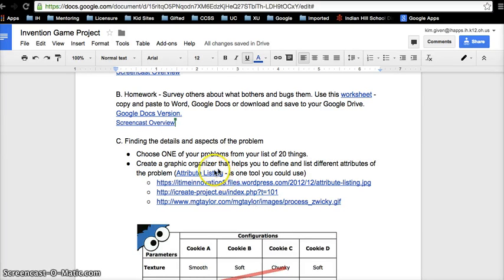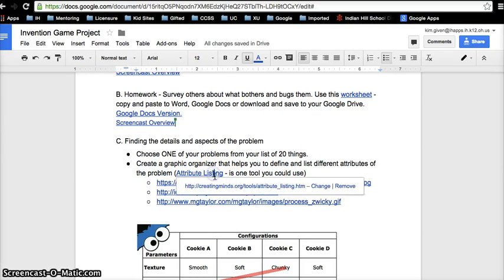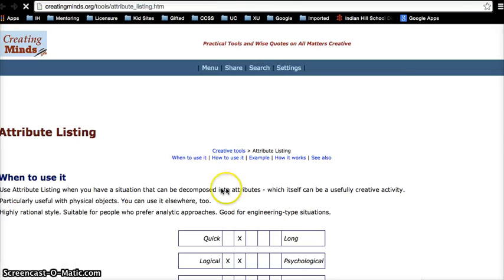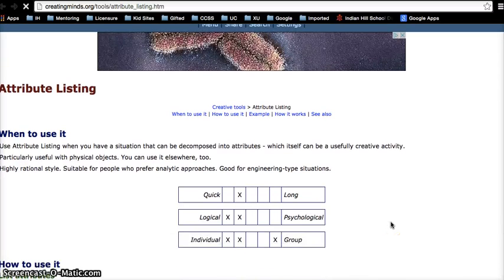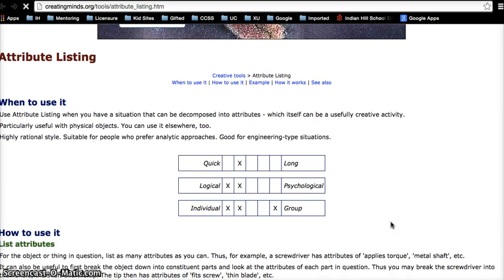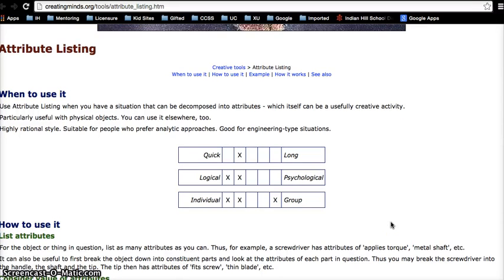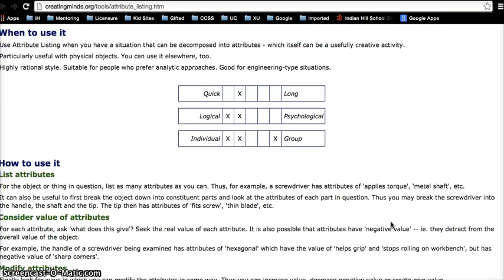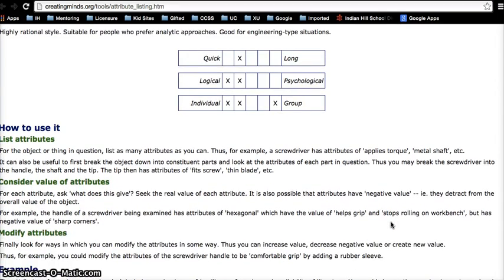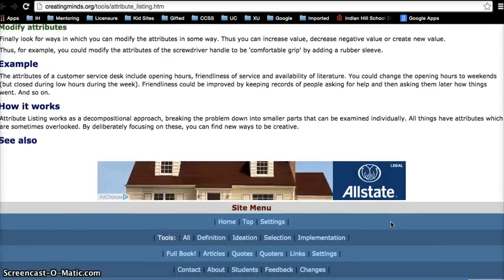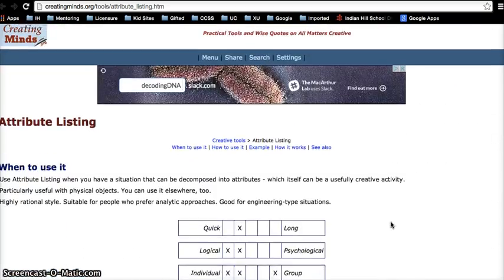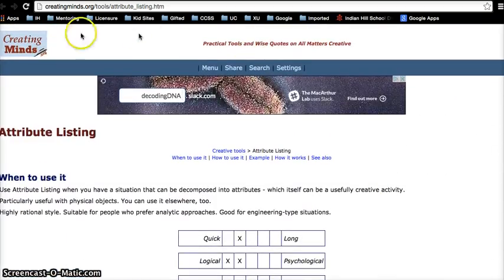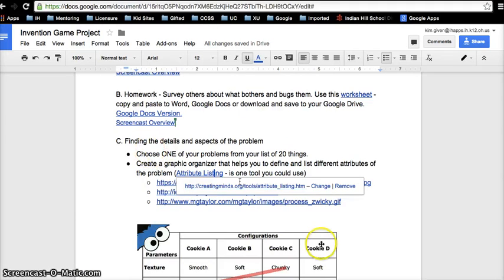So what you're going to do is you can use the tool called attribute listing. And basically, it's when you have a situation that you want to look at its attributes. In this case, we're going to look at a problem and break it down into the different ways that that problem can be seen. It could be through causes, it could be through effects, it could be different aspects that are causing the problem. Any of those things would work. So you're going to list the attributes, and then you're going to kind of create a grid and put some information in it. So if we go back to our assignment,